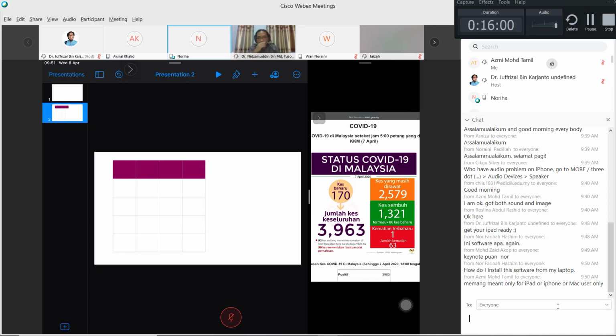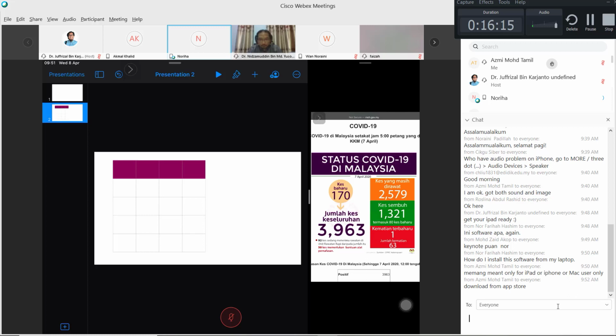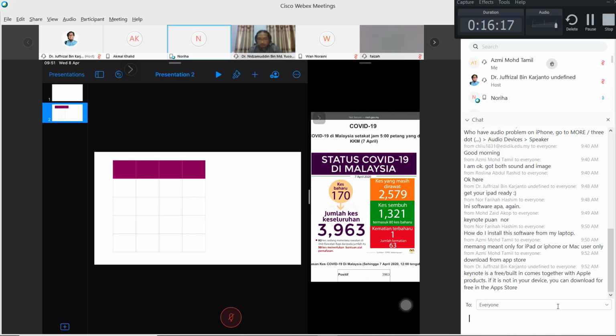And with 579 cases still under medication, under treatment, but the number of cases that have recovered, I think, has increased to 1,300, but the death toll has also increased by 1 case. Alright, so now